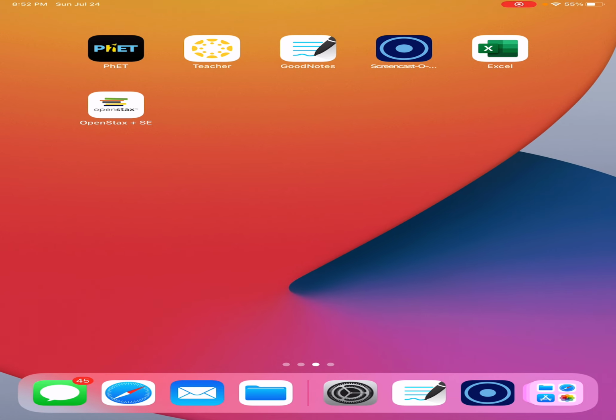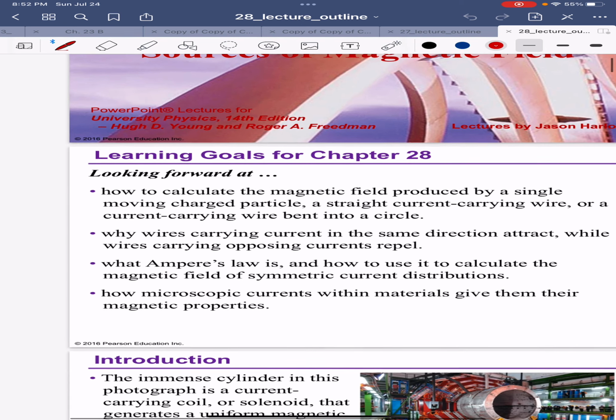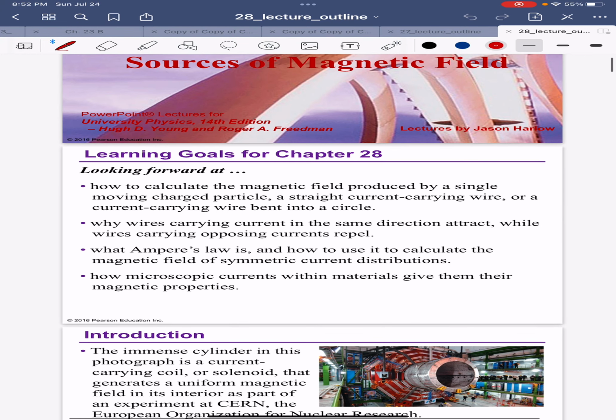And in chapter 28, we are going to go back to the source of magnetic fields, like how magnetic fields are really created. The first thing that we are going to study is how to calculate the magnetic field produced by a single charge. Then we know that moving a charge, or a current, is going to create a magnetic field, and therefore